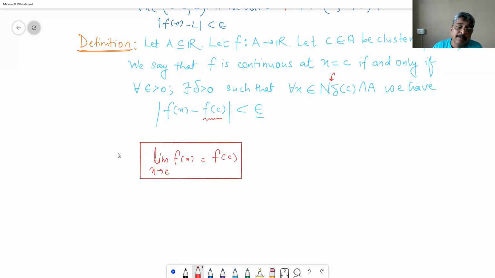So the definition is in one place. Epsilon delta definition is in one place. Now, what is the practically commonly used trick to find out continuity? Check whether limit exists and the value of the function at limit is same as that of value of the function at C. If it happens, so left hand side takes care of left hand limit and right hand limit, and right hand side takes care of value of the function at C. And therefore, if you could check this limit, you can decide upon the continuity of the function. Okay, so